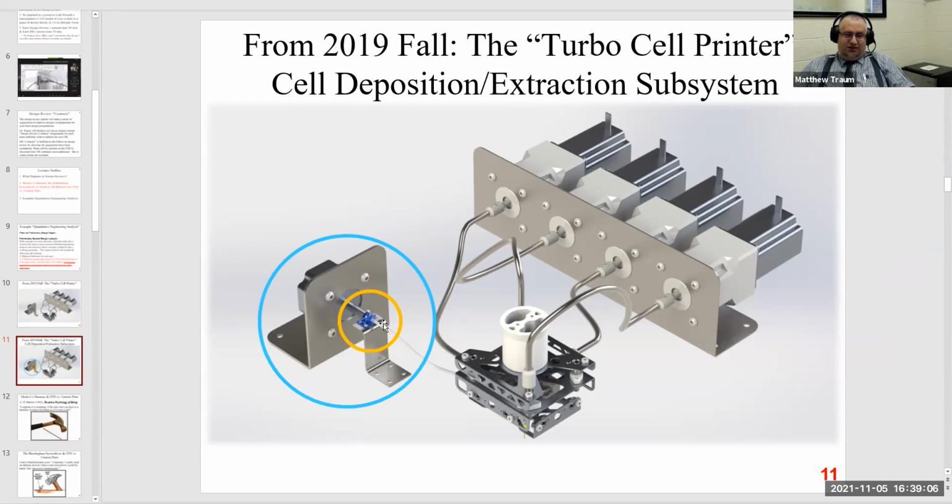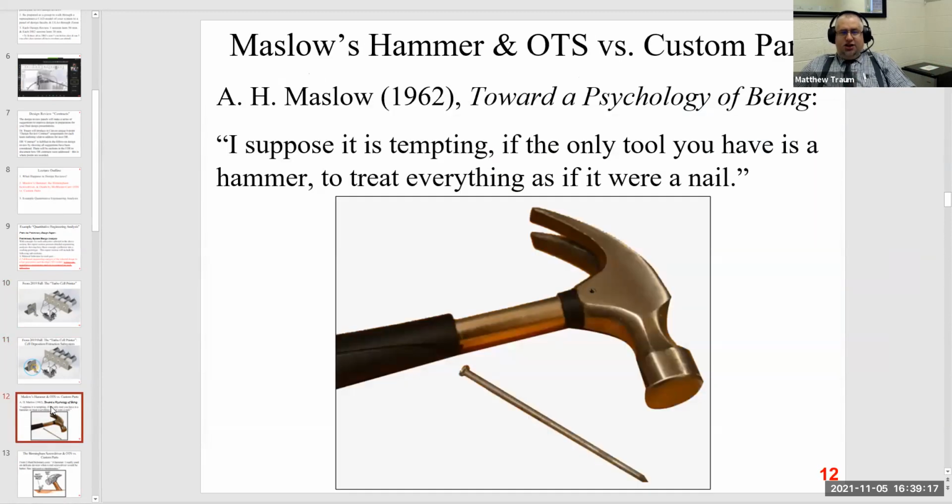So this little fellow that I've circled here in orange, that's going to be the focus of an analysis that I'll show you guys in a moment. But we'll come back to this. So what is Maslow's hammer? Well,